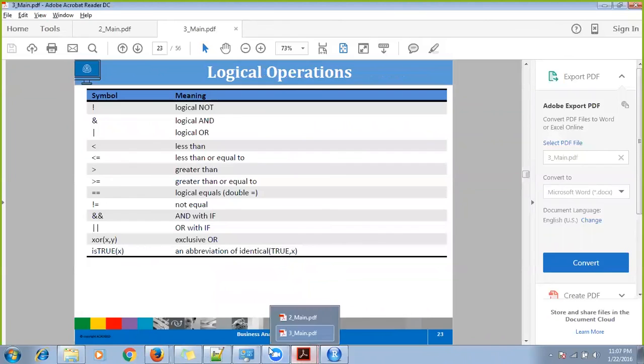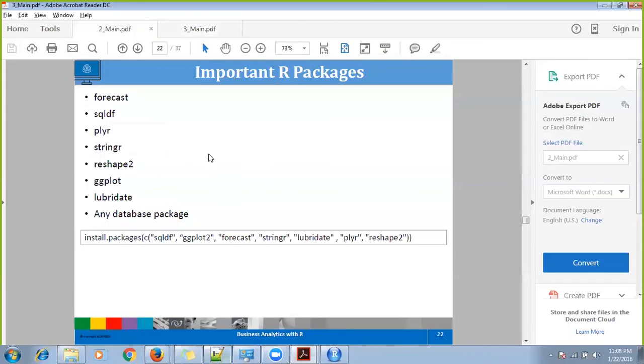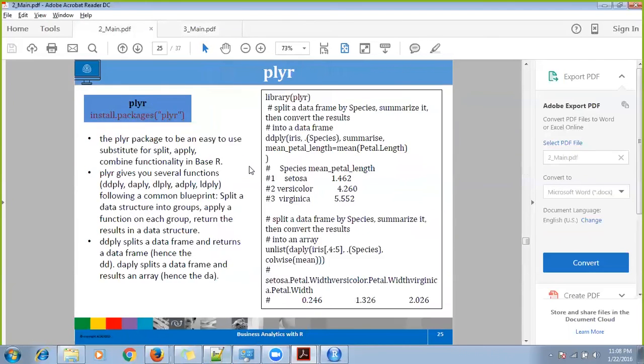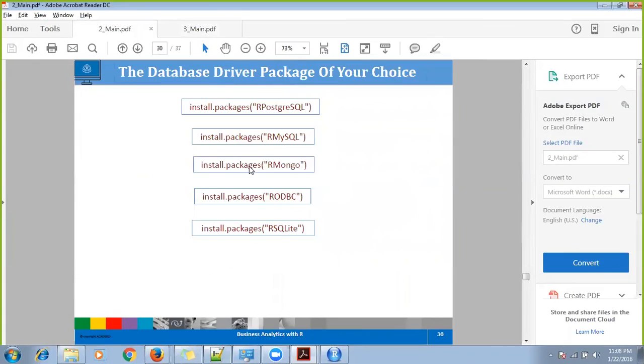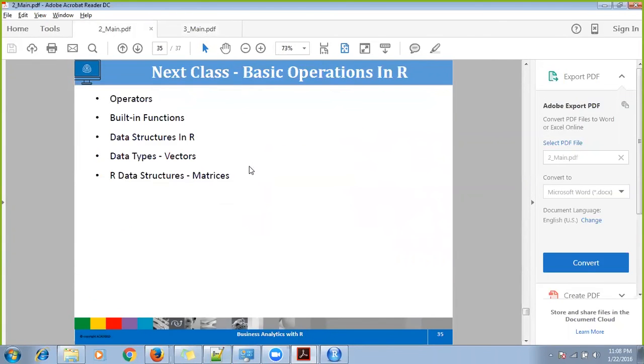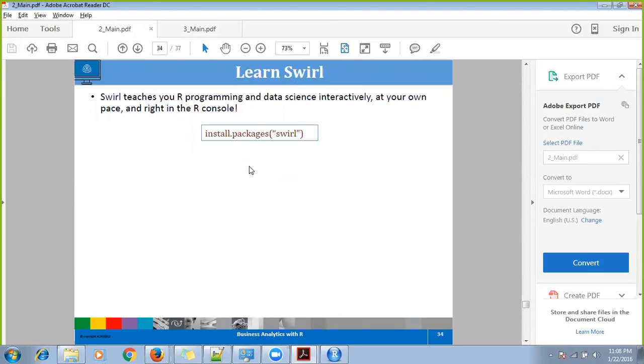And for you guys, now I'll introduce one more package to you. The package is called Shiny, which I have not introduced to you in the last class. Let's look at that. Shiny is a package which can help you in learning. It's an interactive window which will help you learn R. Let me just show you. First, you need to do install.packages shiny.